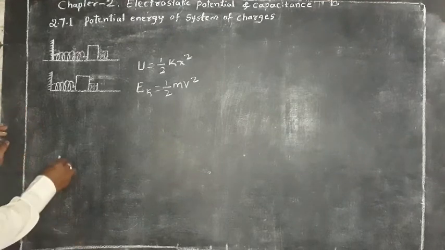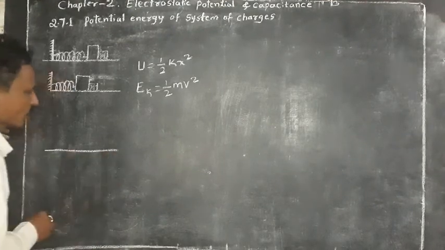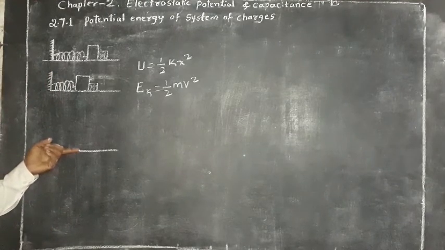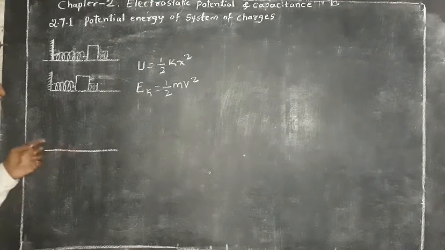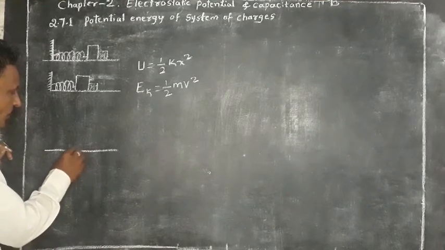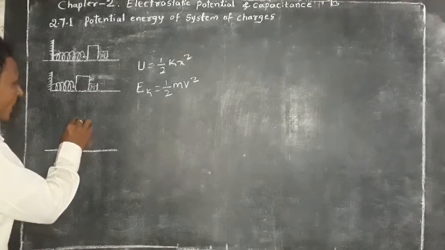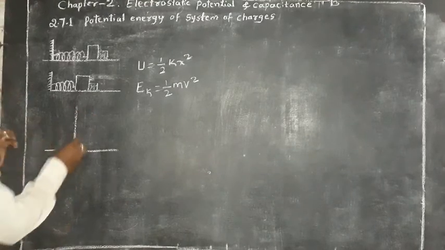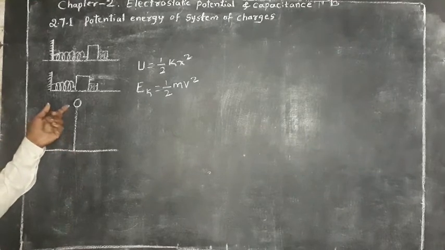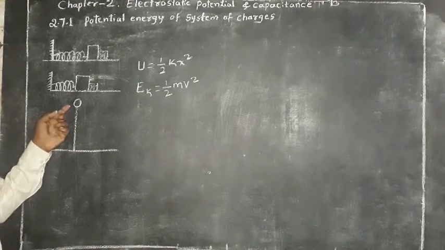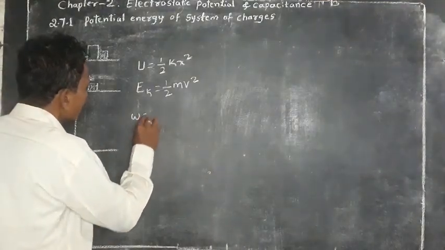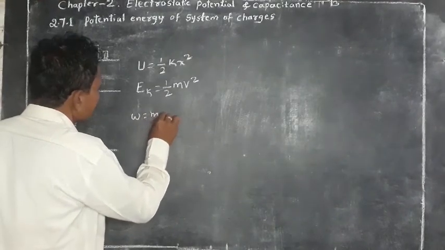Or consider the surface of the earth. The surface of the earth is considered as zero potential. The potential on the surface of the earth is zero. When an object on the surface of the earth is raised against the gravitational pull, the work done by the external force is positive, and this work done is given by W = mgh,